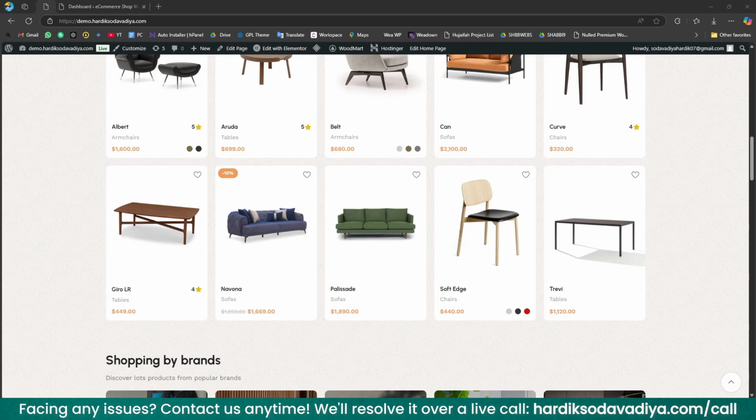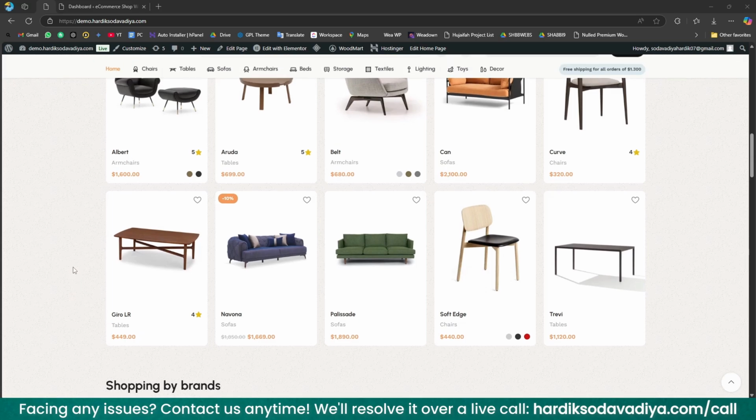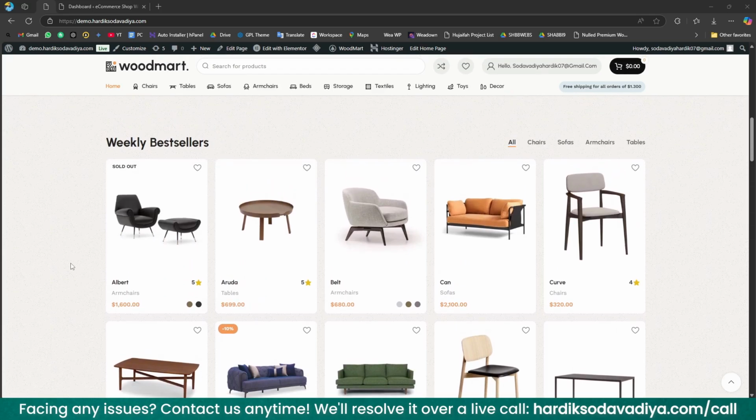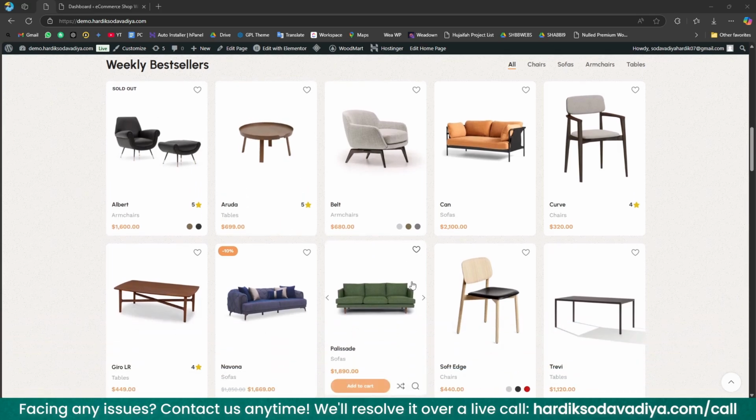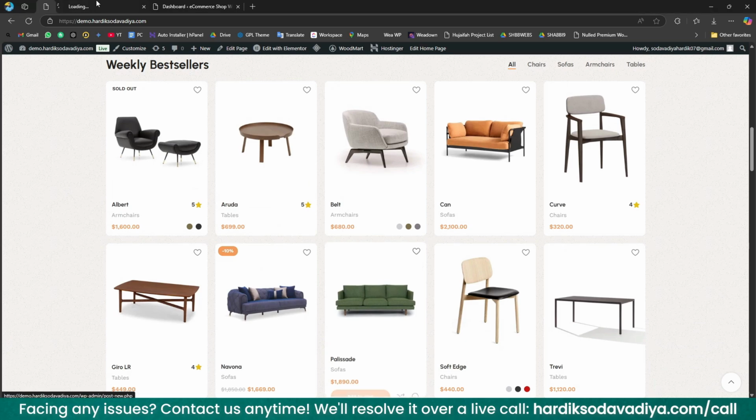So at this point we will learn how you can upload a product in your website and how you can create a section where you can showcase all your products. So we are at the example website, and if you take a look here, we have a section where you can showcase all of your products, and we will create this section on our website. So first of all, if we open a product,